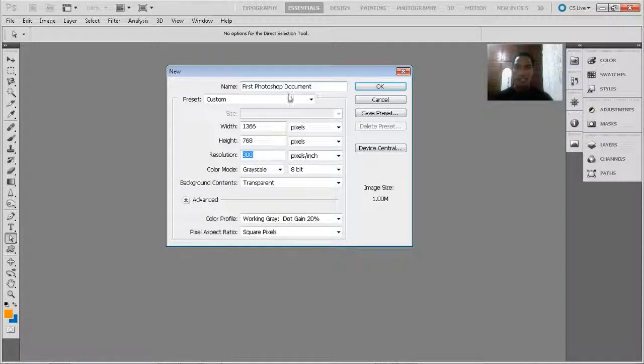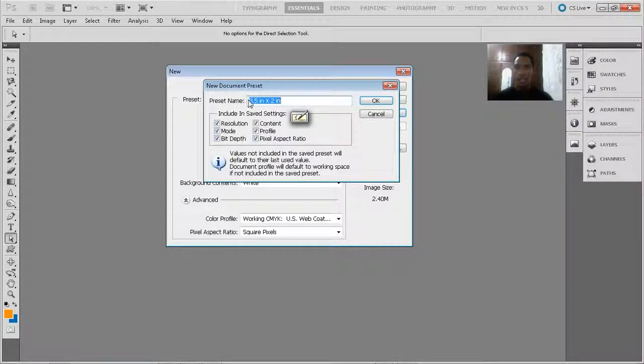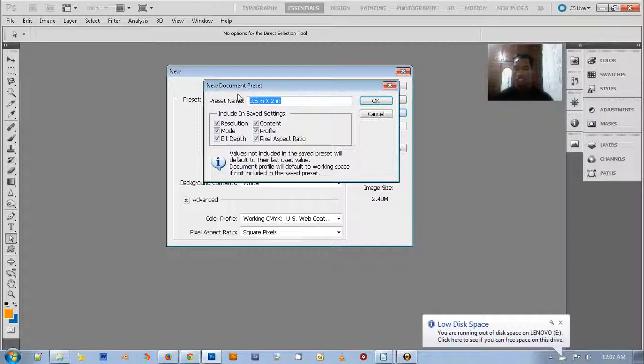So the first thing is, mine is already at custom. If I were creating, and forgive me for changing my settings a bit, if you for instance were creating a business card, and let's set this to inches, 3.5 by 2 inches, and I'm going to stick my resolution at 300 because let's say I was going to print it. That's good. Now I'm going to change my color mode. Since I'm intending to print it, I guess the most likely color mode I could use is CMYK color. I can set my background transparent or white or background color, whichever one. I'm going to set to white, and all I'm going to do is save my preset, and you can see you have a preset name which you can change. You can call it business card,